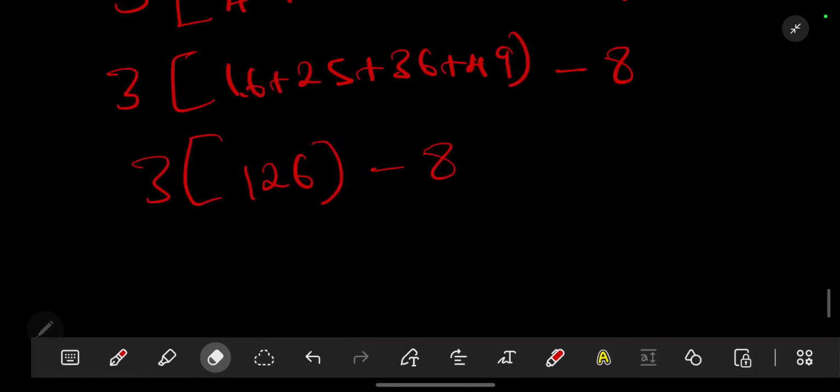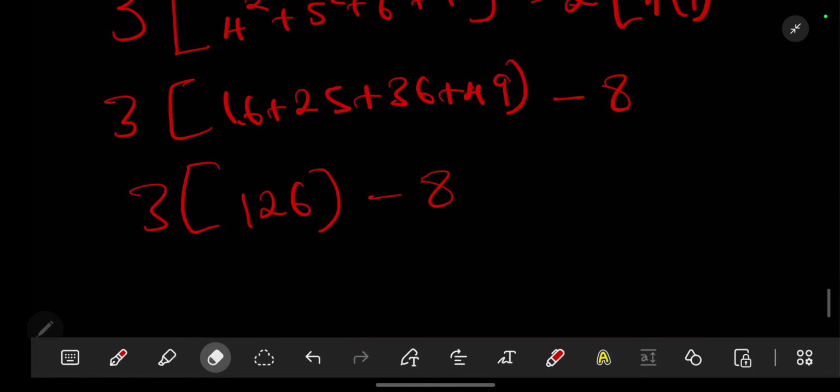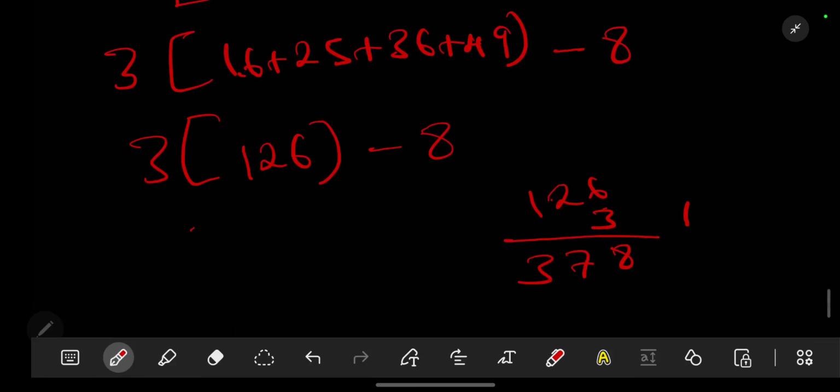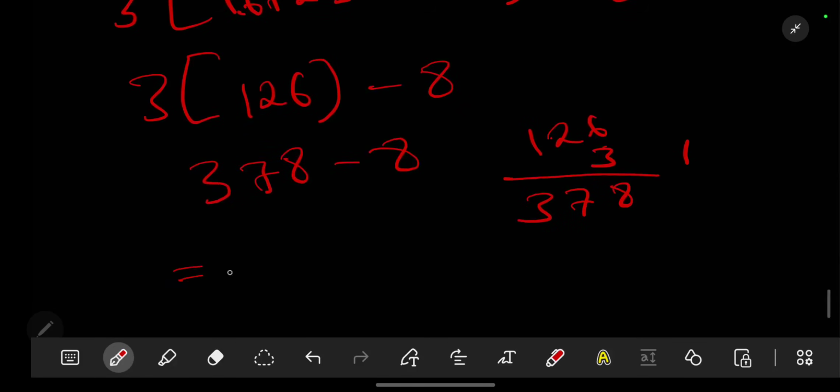So we have 3 times 126. 126 times the 3 will be 378. 378 minus 8 will give us 370. So that is how we deal with the